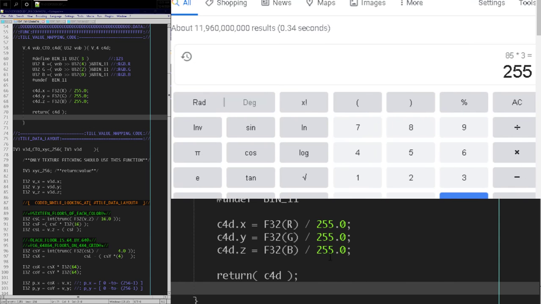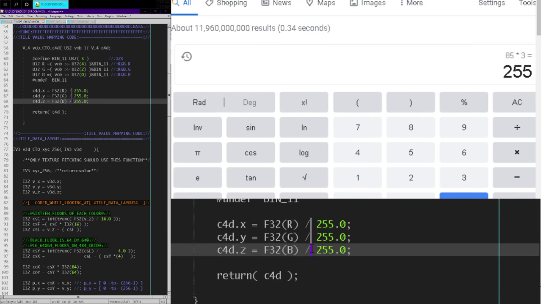Okay, yeah. Alright, so technically it doesn't matter, if we're dividing and multiplying, it shouldn't matter what order we're doing it in. But let's do this times F32 85.0,